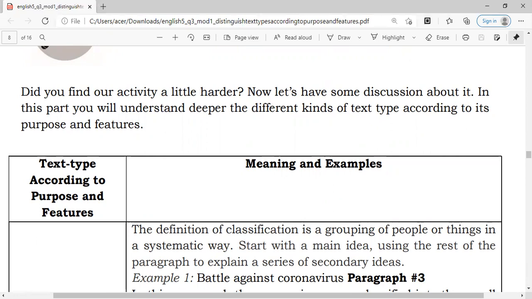Now let's have some discussion about it. In this part, you will understand deeper the different kinds of text type according to their purpose and features. So we will elaborate one by one. The first one is